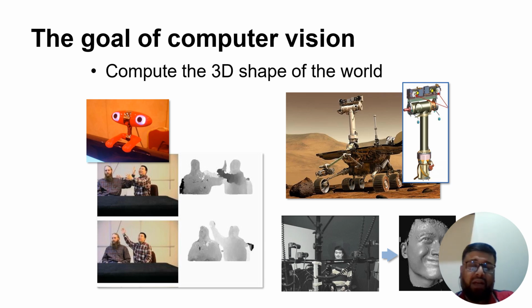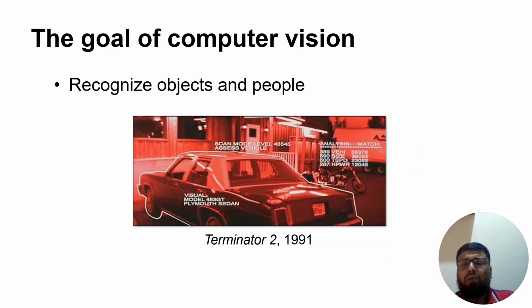Basically, segmentation separates an image into regions or segments that can correspond to different objects or parts. For example, if you see in the picture, two persons are sitting here. This can easily be identified by segmenting, to isolate them from the main image. So another goal of computer vision is to recognize